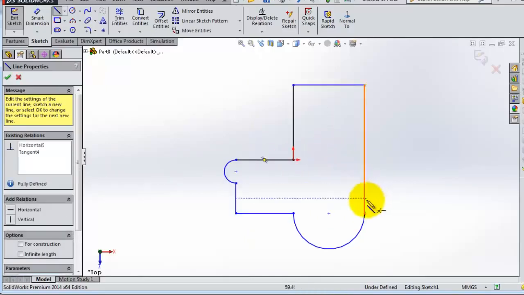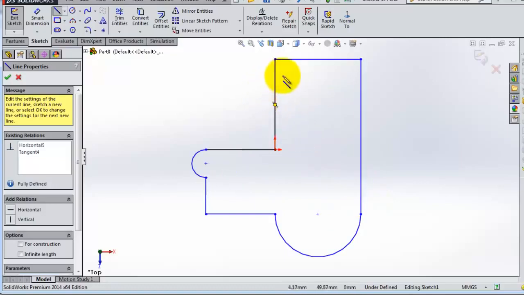If you notice in the sketch, some lines are black and the rest are in blue or dark blue colors. That means these lines are defined and the rest are not defined. In this case, these lines have a starting point or ending point on the origin, and as you know, the origin is a defined place. The rest are missing something to be defined. So to do the definition, you need to make